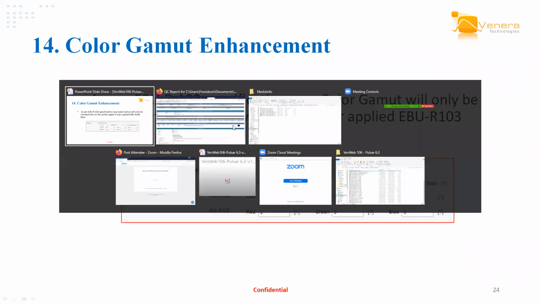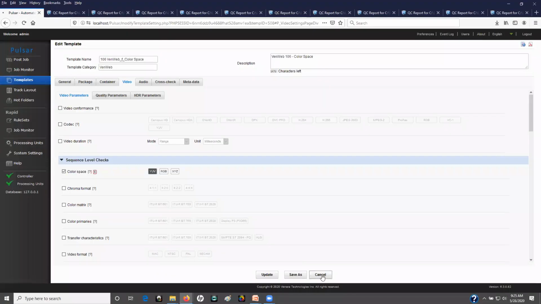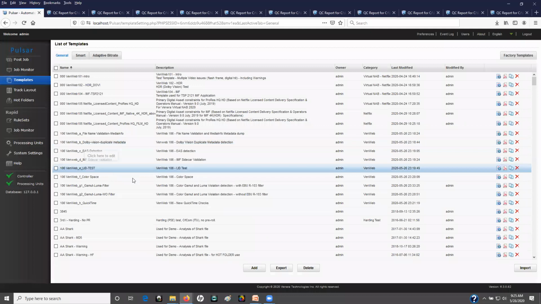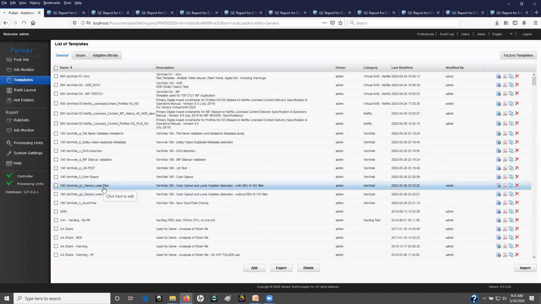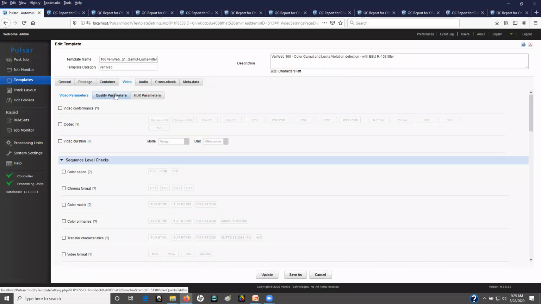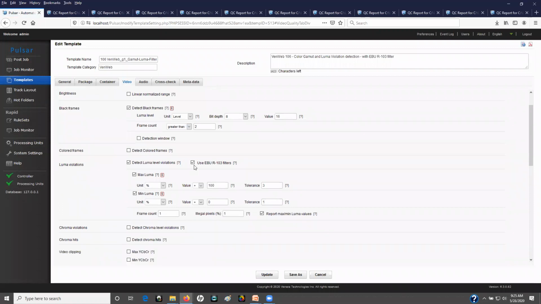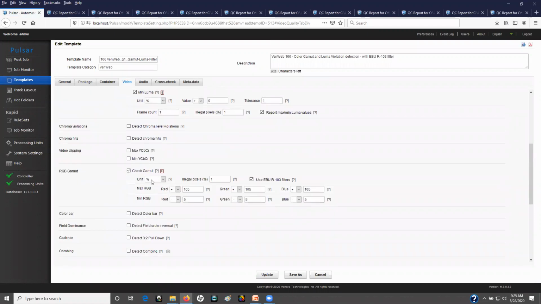So here's what it looks like. In the video tab, in the quality parameters sub-tab, under the Luma violation, now you can choose the EBU R103 filter. And same with RGB gamut, you can use the EBU R103 filter. By doing so, let me show you first the